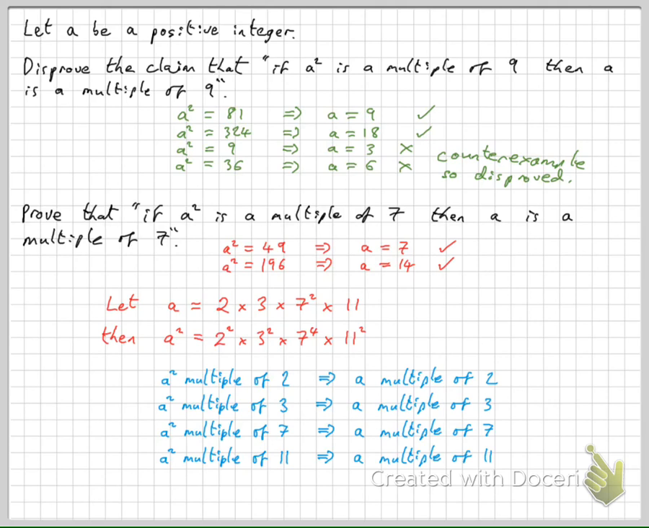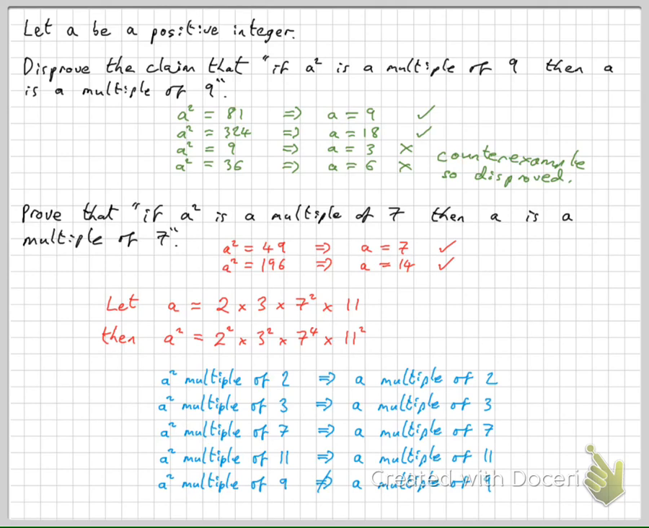Because look, a squared is a multiple of 9. Look, there's two 3s there. 3 squared. 3 times 3. But look, a isn't a multiple of 9. It's only got one 3. It needs two. It needs at least two to be a multiple of 9. So if a squared is a multiple of 9, then it does not imply that a is a multiple of 9. It works for all the prime numbers